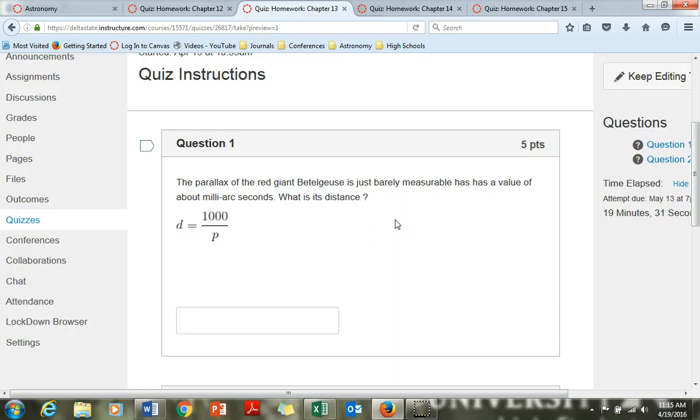Parallax, the red giant Betelgeuse. We can barely measure it, but we can measure it, and it has a value of about,